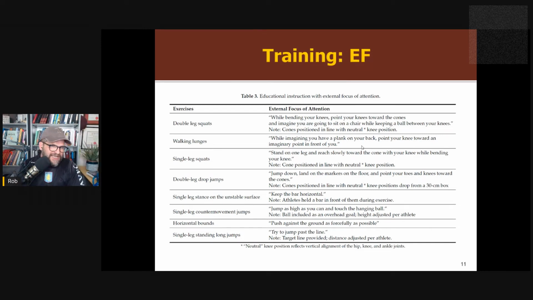Again, this is a critique I had in one of this group's previous studies, right? I think a lot of people would challenge the idea that these are truly external focus of attention instructions because they have a lot of reference to your body. They also are using analogies, having a plank on your back, sitting in a chair, right? So they really have a mixed bag, I would call them mixed instructions: internal, external, and analogy, rather than external focus. I think that's a bit of a misnomer for this condition.